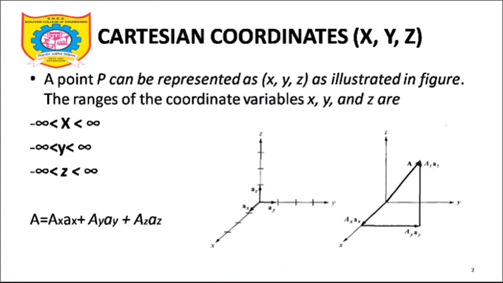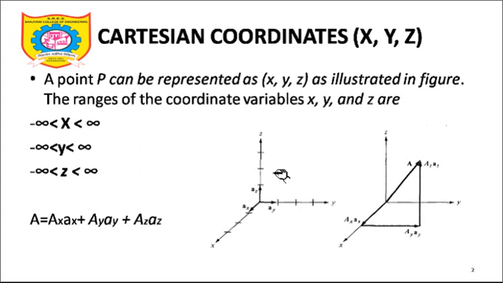Now to understand the Cartesian coordinate system, I have three coordinates, let's say x comma y comma z. Their orientation is important. See, x to y, y to z, we are going in the counterclockwise direction. Someone can ask me why this is not x, this is not y, this is not z. There are certain conventions that we need to follow, because when we try to understand the dot product and cross product, a right hand rule comes into the picture that we have not discussed. But whenever we are talking about the Cartesian coordinate system and the orthogonal Cartesian coordinate system, this is x, this is y, and this is z.